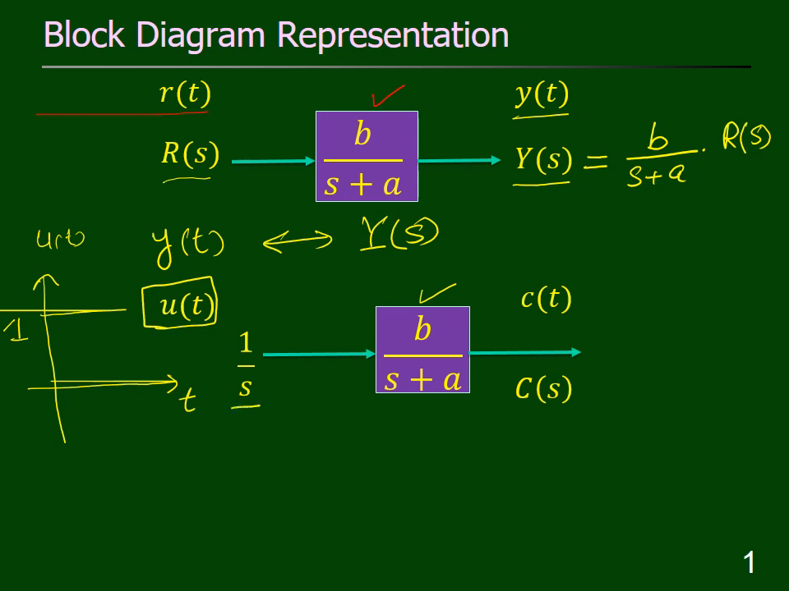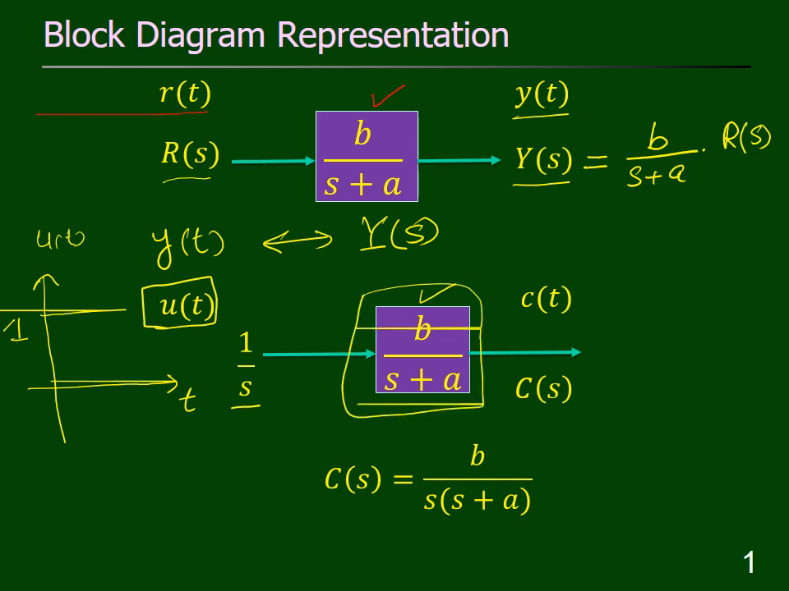In this case the output is C of s. So we can say that C of s is the step response of the system given in this box. So C of s is equal to b upon s into s plus a. To get this response in the time domain, one can take the inverse Laplace transform of the output, and it will be c of t, which we will explain in the